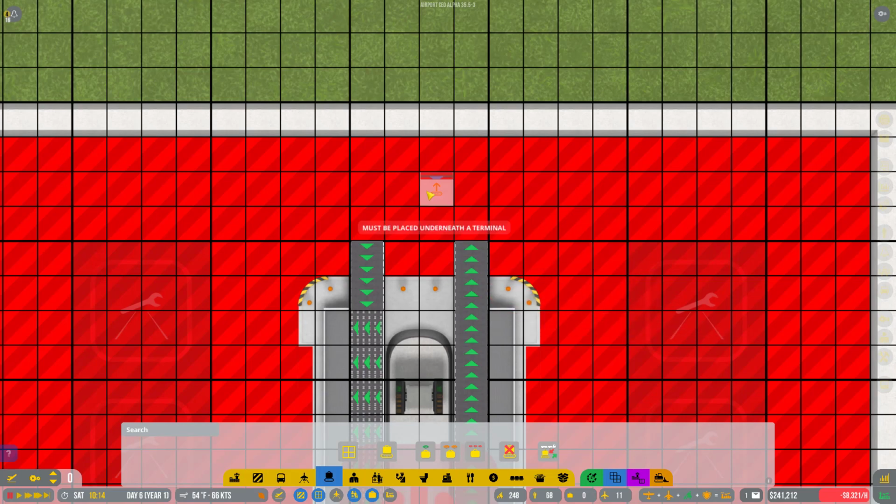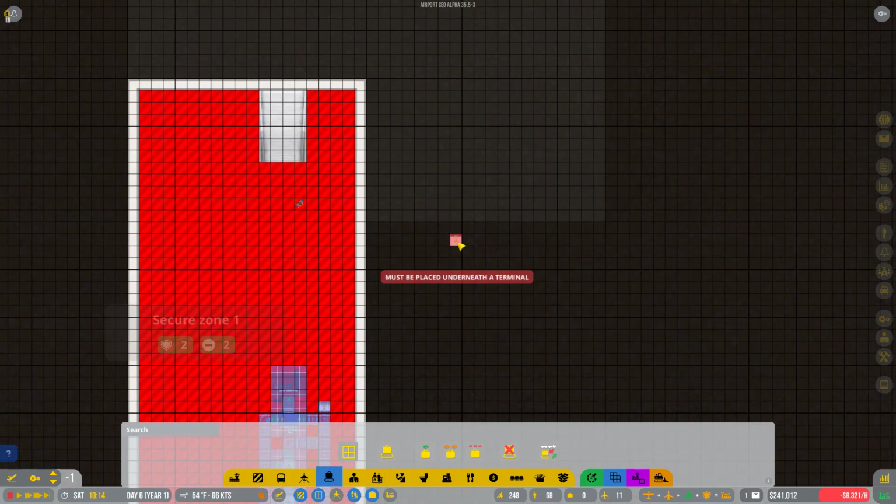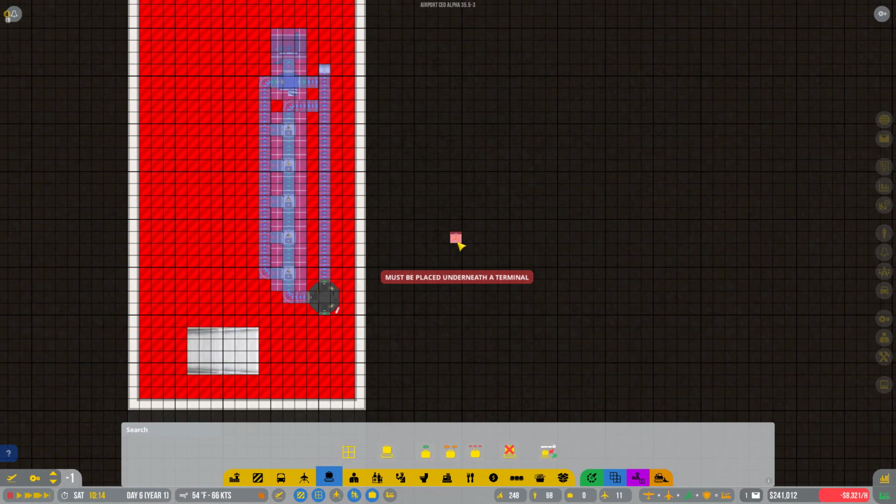Show me the arrows. There we go. We want it to feed like that, but it has to be placed down here. So there's going to be an escalator up that starts right there. So that's our target now. Now we have a target for our